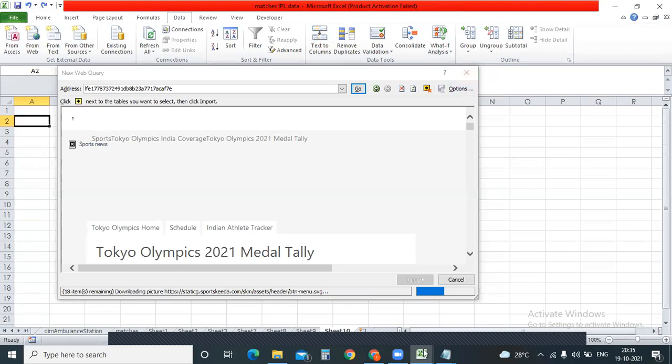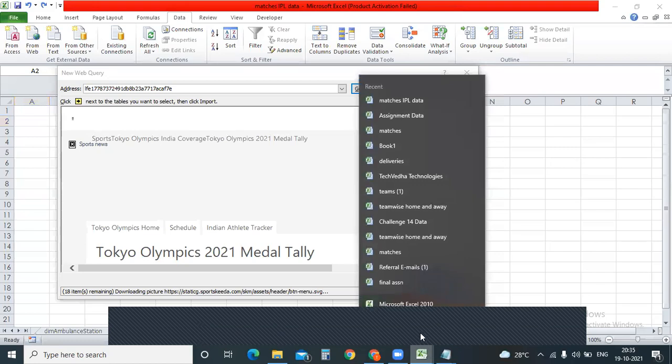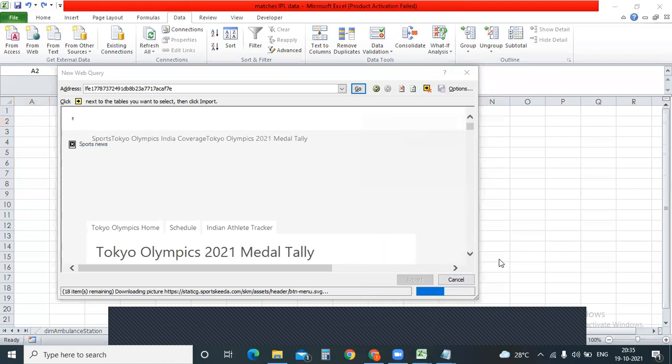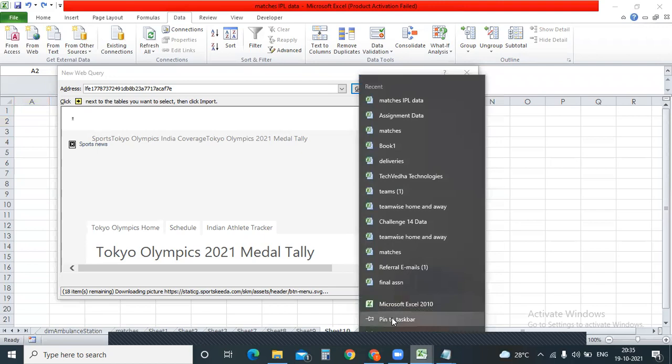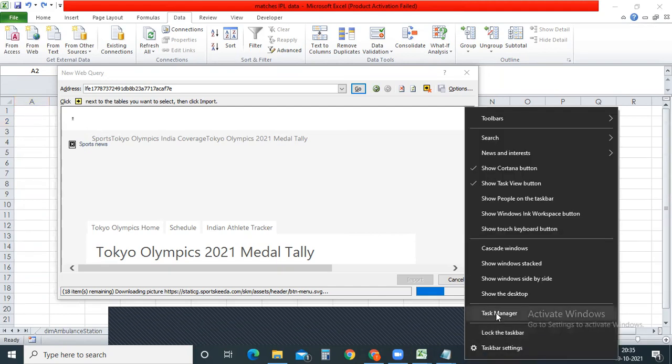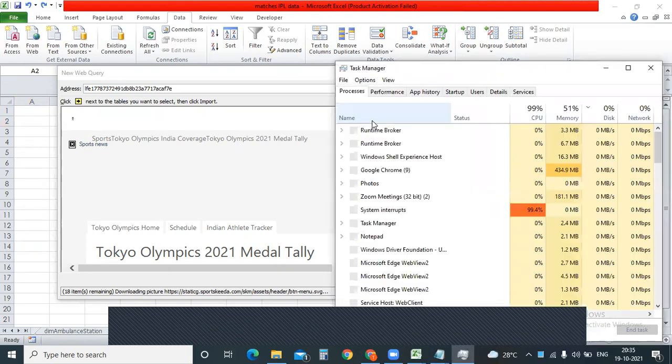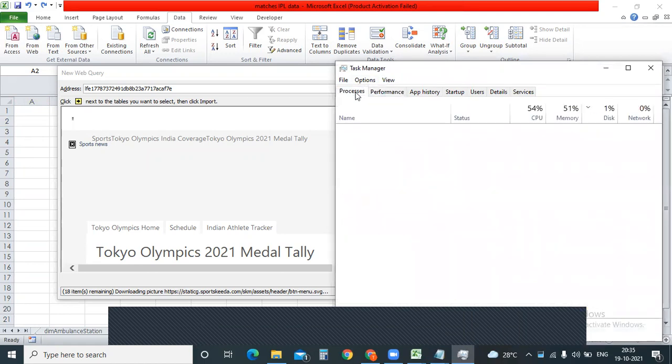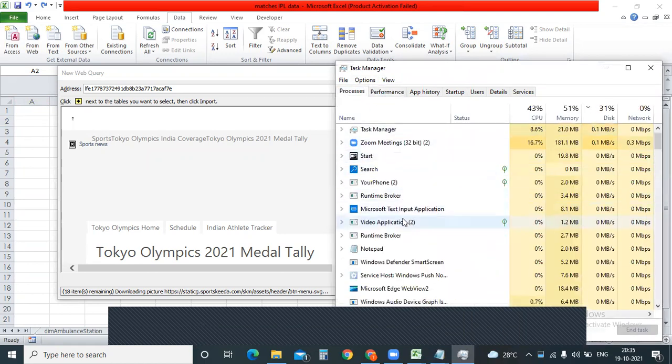Now it's completely locked. I need to close everything. Control Alt Delete, task manager, performance. Where is the Excel?